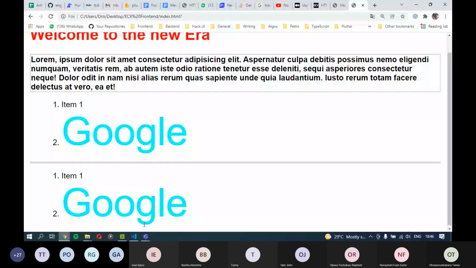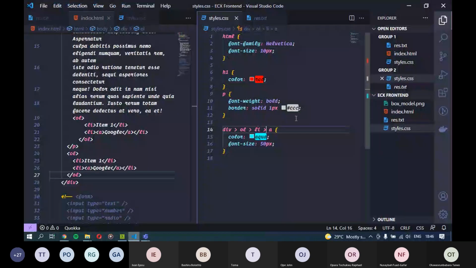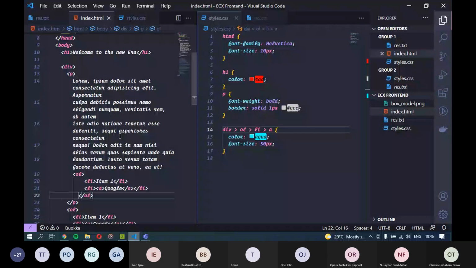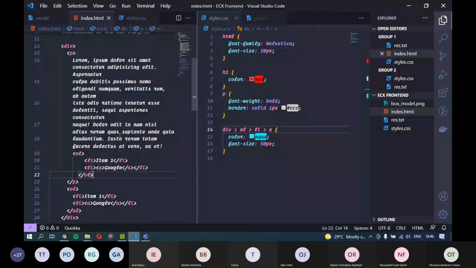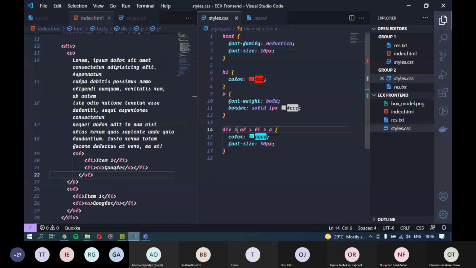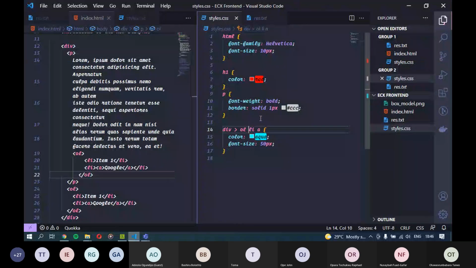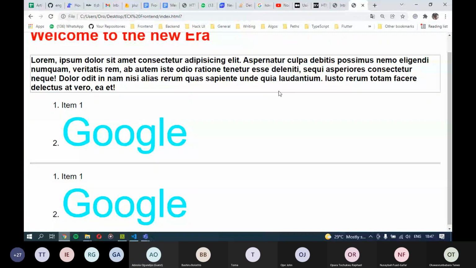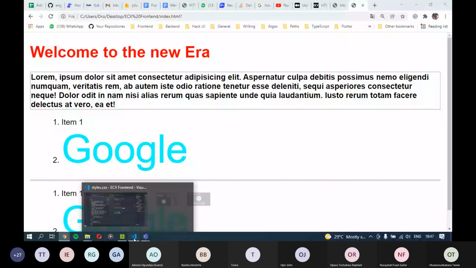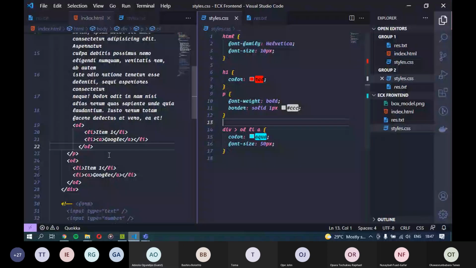oh, did I make a mistake? I think I made a mistake somewhere that I can't really figure out. I think you should only use the div. Oh, okay. Yeah, let's try that. Refresh. Only the div. It is still here. It's still showing. Wow. So I seem to be having some sort of issue.